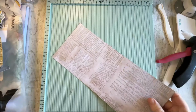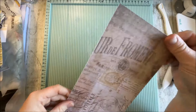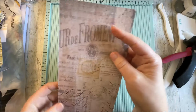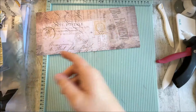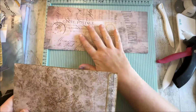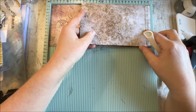And now I need to give myself a score. So just make sure it's the right way around that you want it. I want mine face up, if that makes sense, and I'm not bothered about that being like that in there, that'll be fine. So I scored there,